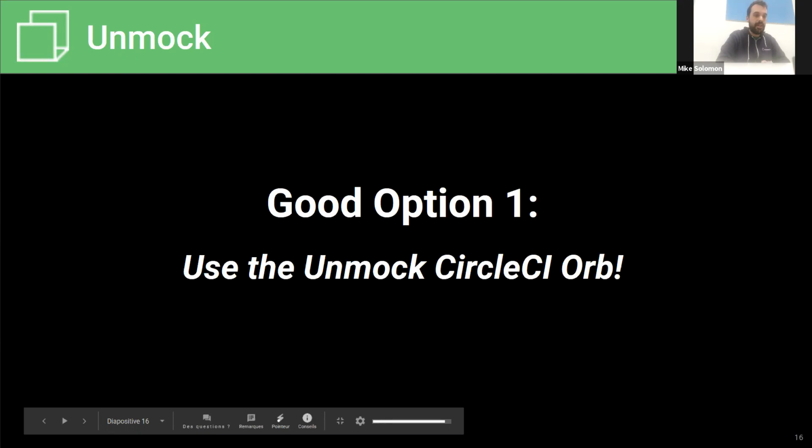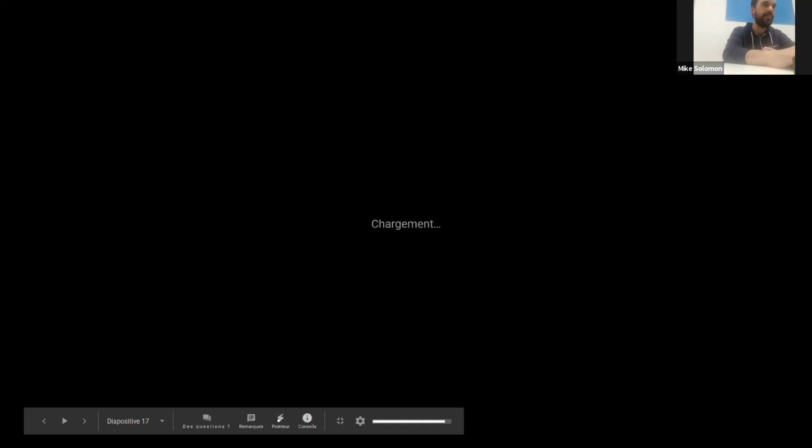So with the orb, we leverage the power of CircleCI to facilitate using Unmock, but a lot of what I'm talking about is not showing off the orb as much as it's showing off how nicely CircleCI makes building and running tests. So the Unmock orb exists in 2 flavors. I'll show both of them, and then I'll show you some demo places where you can see how it works. So flavor 1,